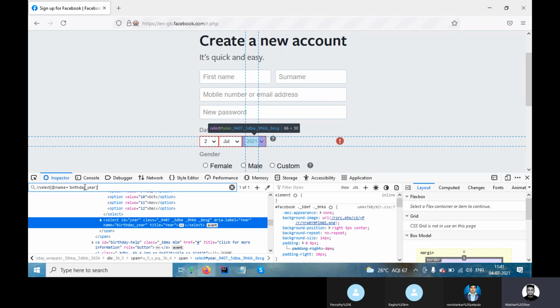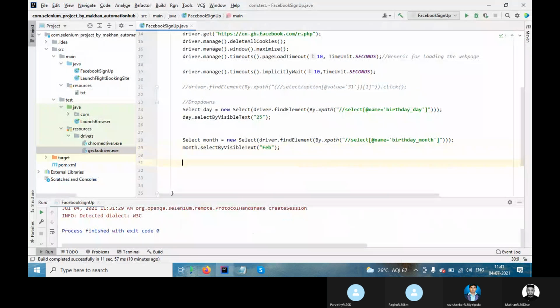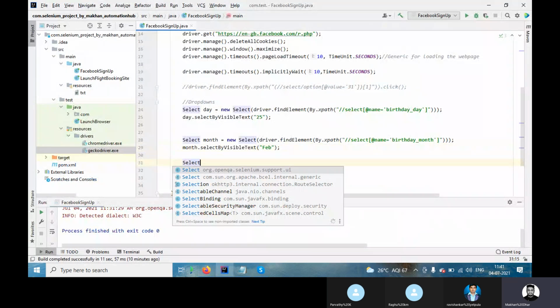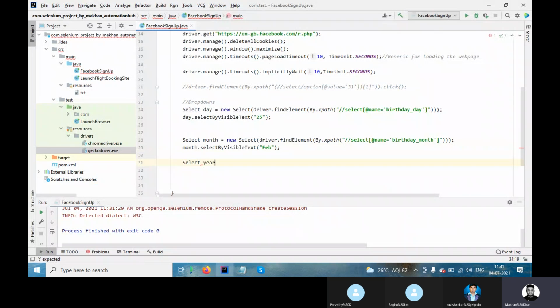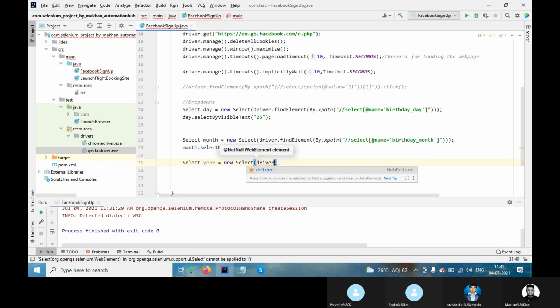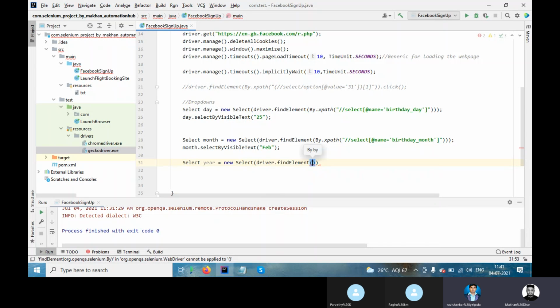Still any doubt on this? Guys, let me know if you don't understand, and I will explain. Find element by dot.